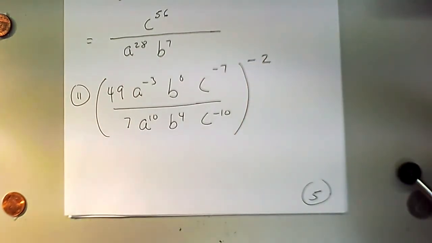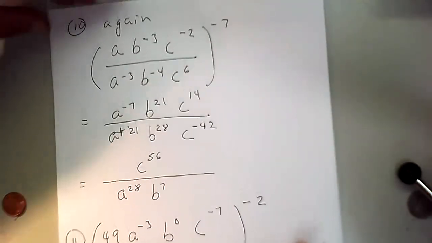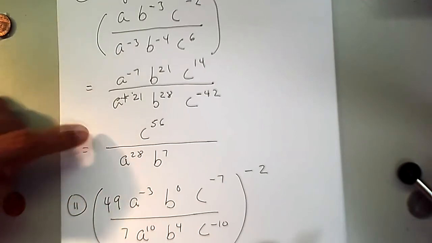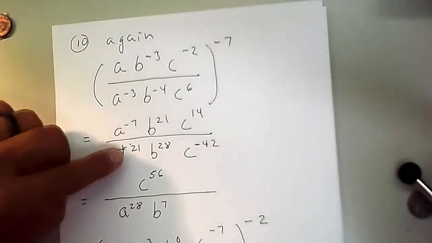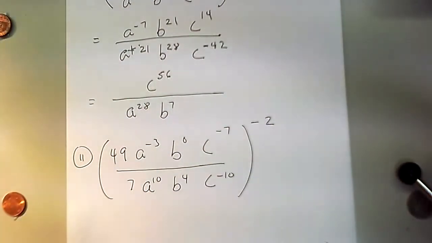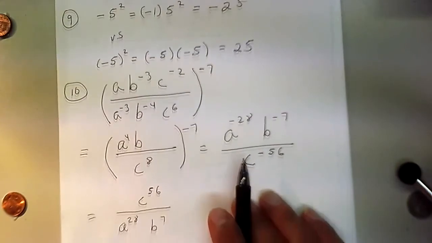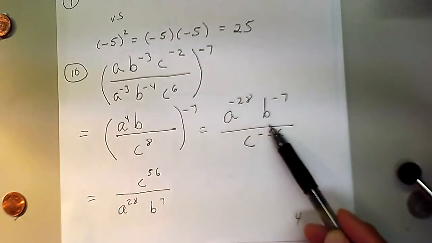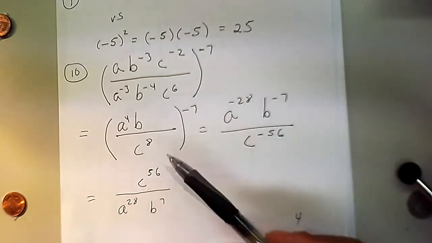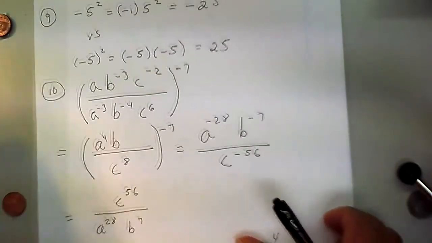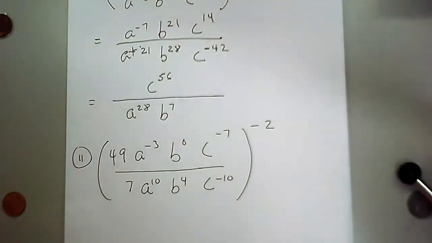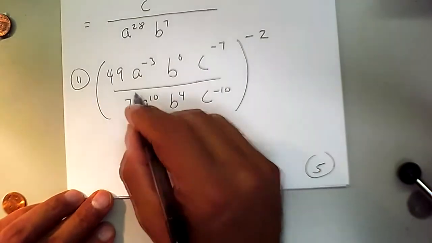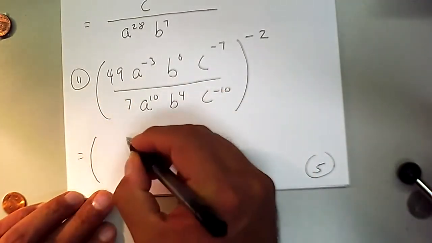Now, which method do you like better? One thing I like about this method is that it takes 2 steps, 1, 2, but you got to be very, very careful with the negatives. This method takes 1 extra step because we have to distribute the exponent. I guess it's half a dozen, 6 or 6. Which one do you want to do? Let's simplify the whole fraction first.